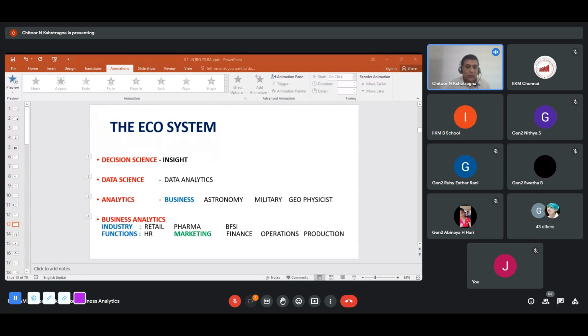Finance analytics is about, let's say, I want to give a loan. I'm a bank, I want to give a loan. I can calculate IRR, internal rate of return. I can create what's called an amortization sheet of repayment. Like, let's say a personal loan, a car loan, a home loan, or an education loan, you need to have a repayment schedule. If you prepay, what would be the loss to the bank? Prepayment is when you close the account before the tenor, right? So all of that analytics can be done in finance.